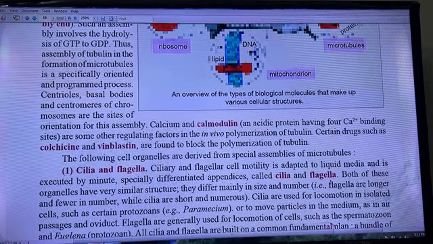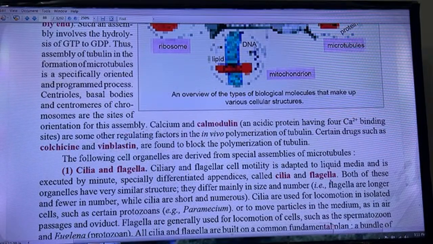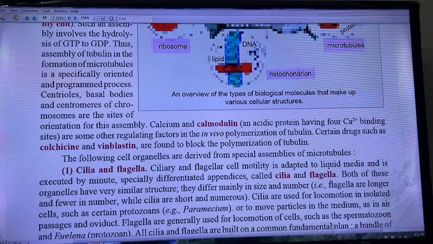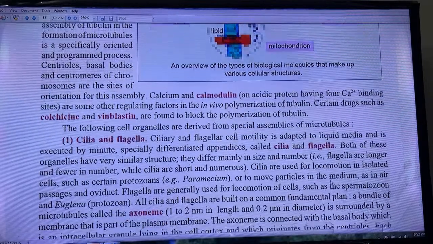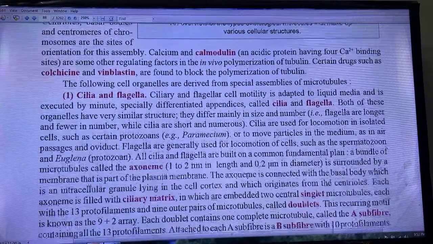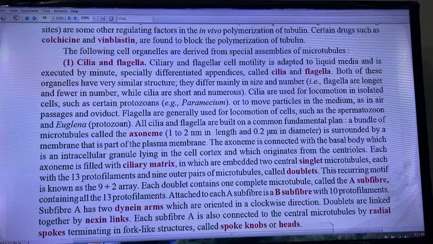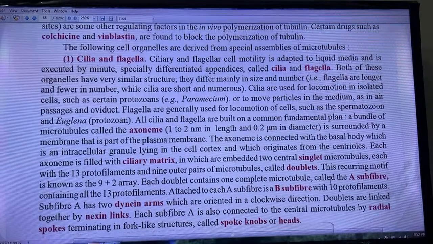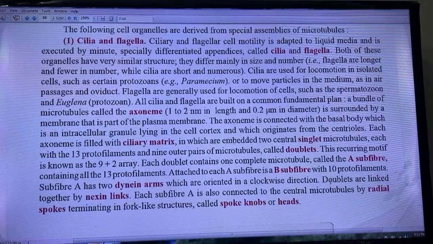Thus, assembly of tubulin in the formation of microtubule is a specifically oriented and programmed process. Rheos, basal bodies, and centromeres of chromosomes are the sites of orientation for this assembly. Calcium and calmodulin, an acidic protein having four Ca2 plus binding sites, are some other regulating factors in the in vivo polymerization of tubulin. Certain drugs such as colchicine and vinblastine are found to block the polymerization of tubulin. The following cell organelles are derived from special assemblies of microtubules: